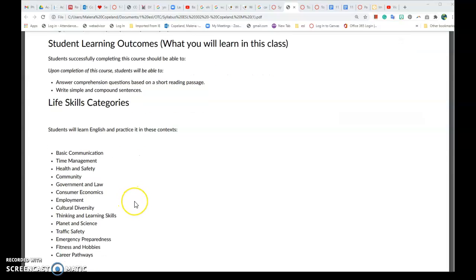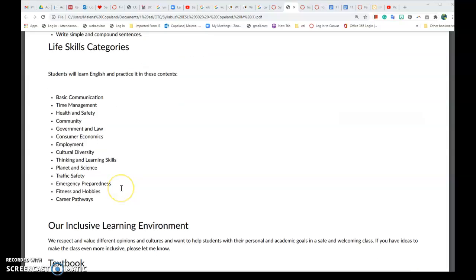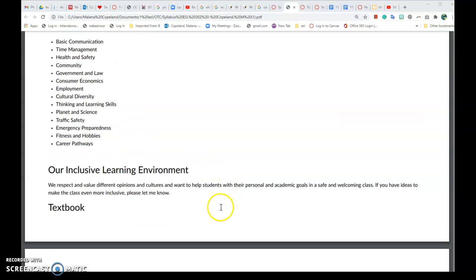In addition to that, you'll be learning a lot about reading comprehension and writing sentences. Some of the topics that we'll be studying include time management, consumer economics, employment skills, cultural diversity, and much, much more. It's listed right here in case you need some more information about that.